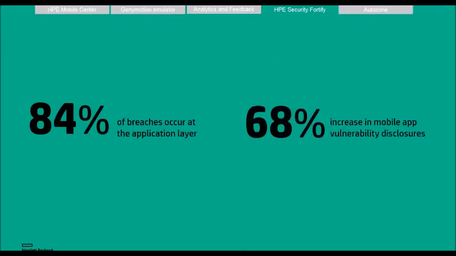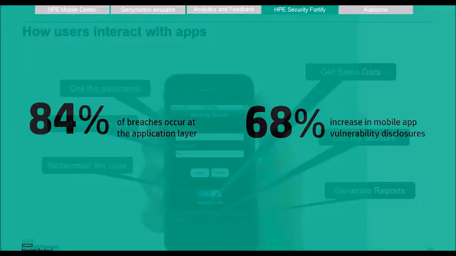Anton mentioned a stat around 80% of mobile apps being vulnerable. I'll share a few more, not just about vulnerabilities, but about where we're seeing trends in actual breaches. The application layer, be it a mobile app or the backend web services, is responsible for about 84% of breaches. And on the mobile side, we're just seeing dramatic growth as the bad guys follow the users in growth in app development. So next slide, please.